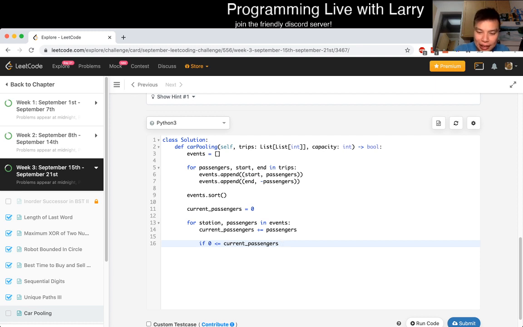And then the other one is within capacity, right? So that's the other thing that we're concerned with. So this is good, so we just continue. Or maybe another way to write it is, if this is not true,